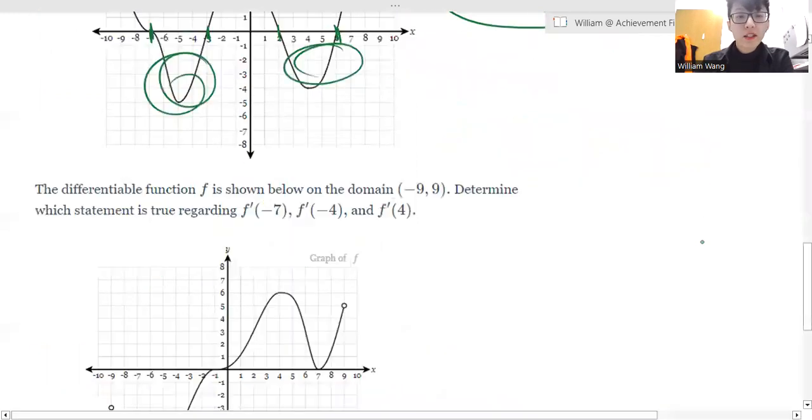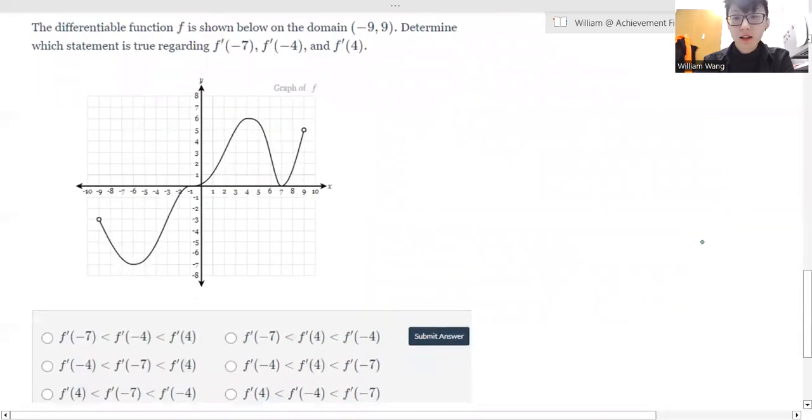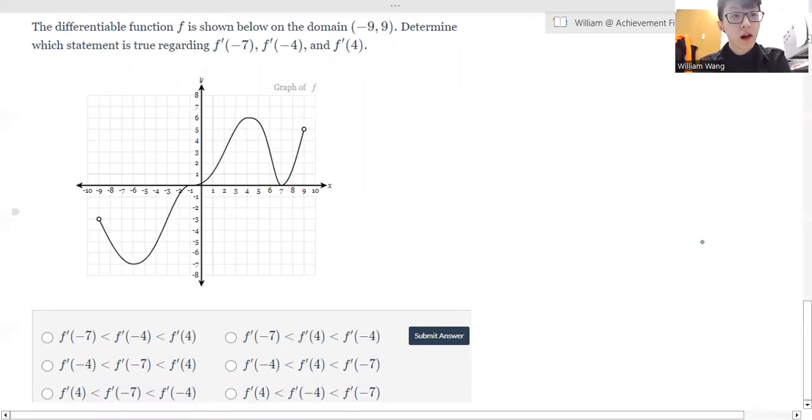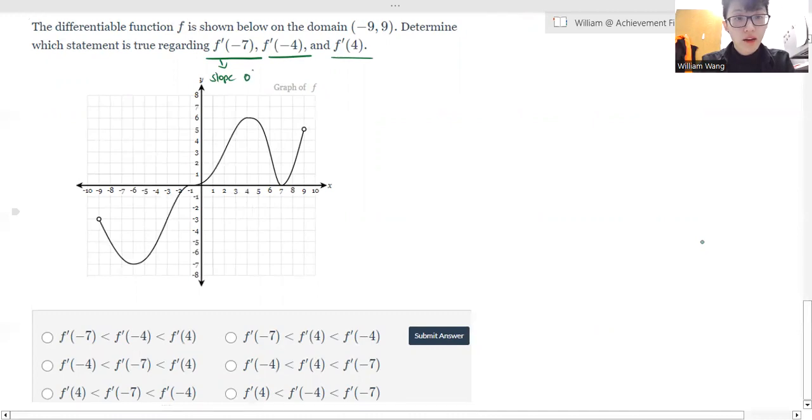Okay, now that answers the first question. This second question, we did not spend as much time on in class. However, I'm hoping that we can still intuitively figure this out. To determine which statement is true regarding f prime of -7, f prime of -4, and f prime of 4, remember, this is all about the derivative. What does the derivative mean? Well, the derivative at -7 means the slope of f